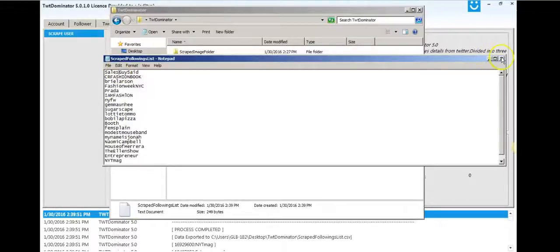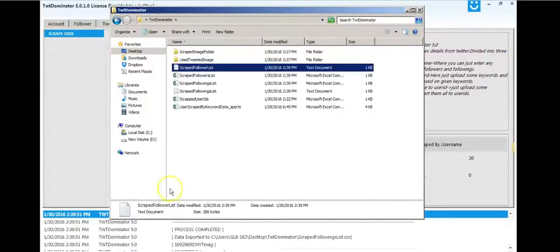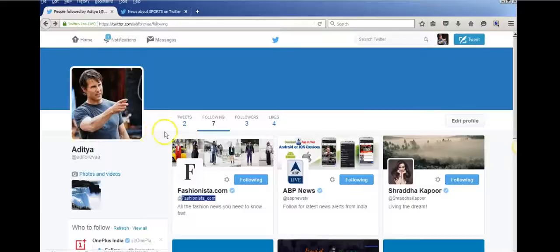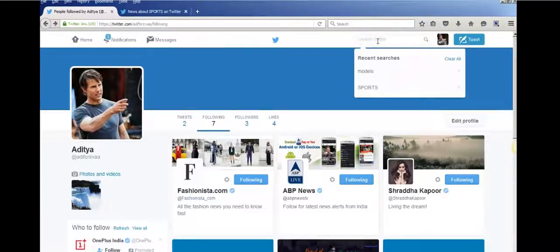And again, as I said, this process is really simple. You just need to checkbox the particular option. First you need to give the usernames, of course, and then you need to checkbox. Okay, so what you can do here is pretty much simple. I'm going to just move on to scrape by keywords. I'm going to checkbox scrape by keywords, but I need to enter a keyword, for which I'm just going to